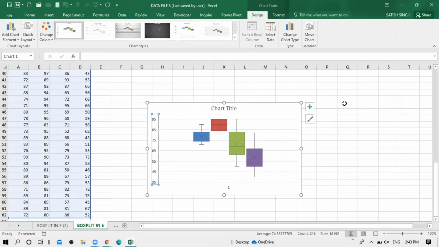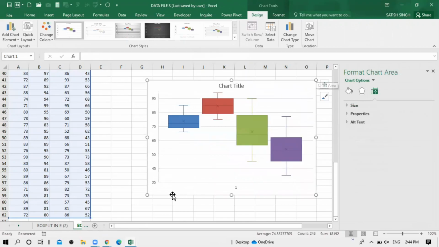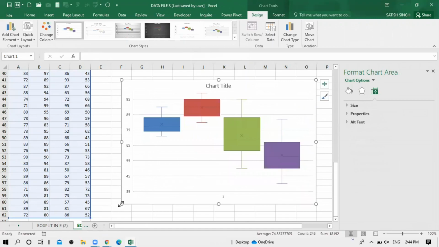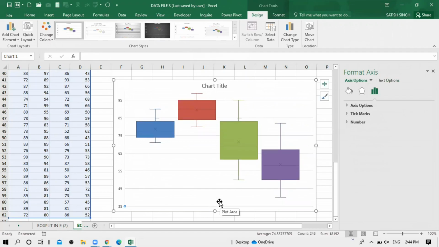One more thing that we can do by selecting all these is gap width, because we want to show data labels, so I want them to be separated. So for that I need to reduce the gap. Here gap width is there. If you want to increase the size of the graph, you can do it from here and by stretching from the diagonal corners, and here it is appearing. And if you want to remove this, just delete it. Now it is looking better.